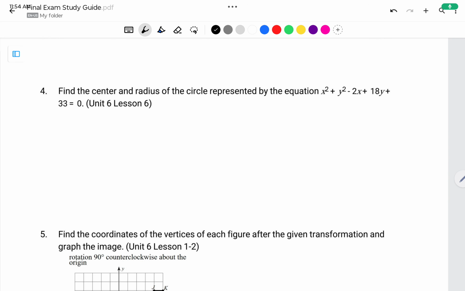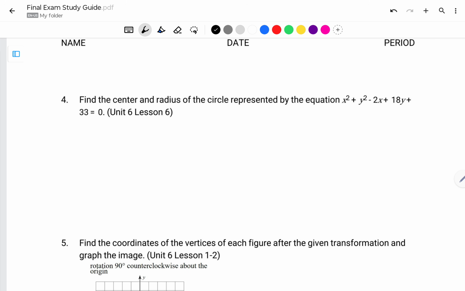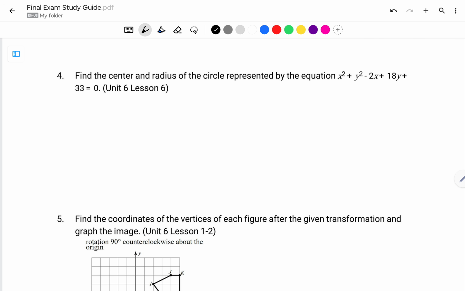Okay, so I'm going to go over number 4. Basically the same thing as number 3, but I'll go over it a little bit quicker. So step 1 was I group the x values together, x squared minus 2x, and then I group the y values together, y squared